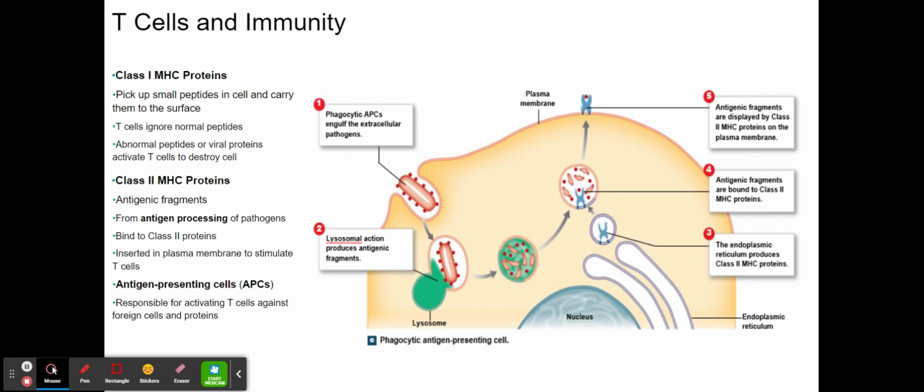Class 2 MHC proteins are present only in the plasma membranes of antigen-presenting cells and lymphocytes. Antigen-presenting cells, or APCs, are specialized cells responsible for activating T cell defenses against foreign invaders, including bacteria and foreign proteins. Antigen-presenting cells include all phagocytic cells of the monocyte-macrophage group discussed in the earlier modules, including